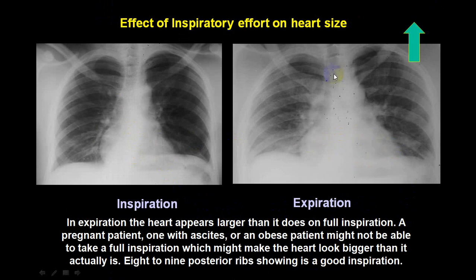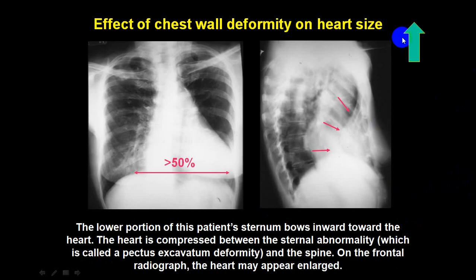Don't mistake it. Always look at trachea, look at the position of the clavicle, rotation, inspiration, expiration, level of diaphragm. Look at that. Even if the diaphragm is pushed up from below because of pregnancy, ascites and obesity, it will give you a false interpretation. So try to look at that. Because of a chest deformity, sometimes also. See, this is a chest deformity. The sternum is pushed inside. It is pectus excavatum. In that, the shape of the heart will change. The size of the heart will also change. This appears cardiomegaly. So do consider that particular thing.